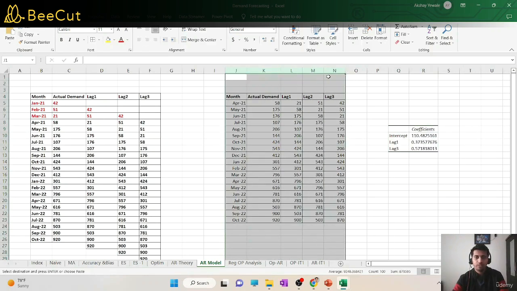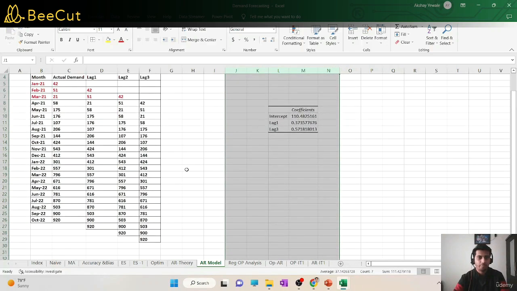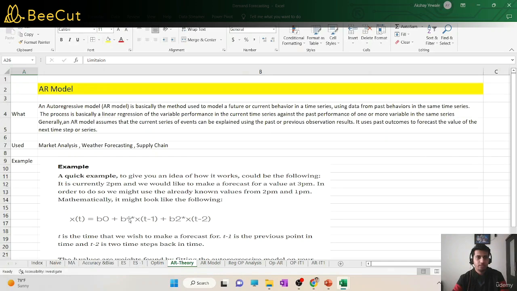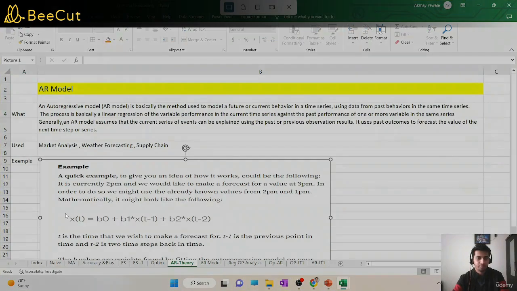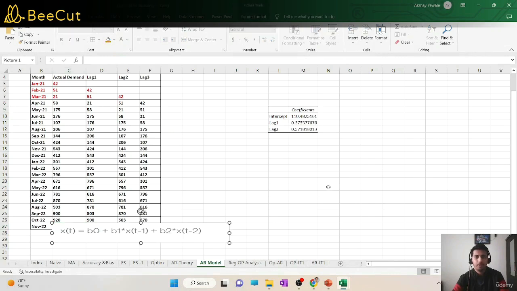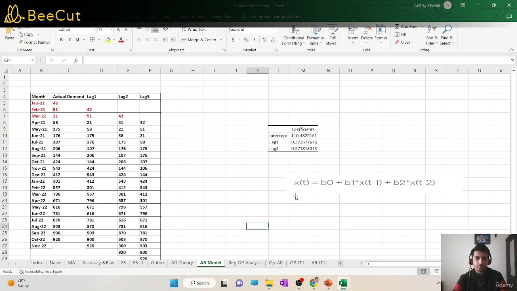Now I may remove this data, which we don't need anymore. Now if you want to predict the November data, what will the November data be based on this? This would be the intercept. So let me bring the formula again so that it's easy for you to relate. So here is the formula coming here. I'm pasting the formula again so that it's easy for you to understand. So xt, this which we are trying to predict,